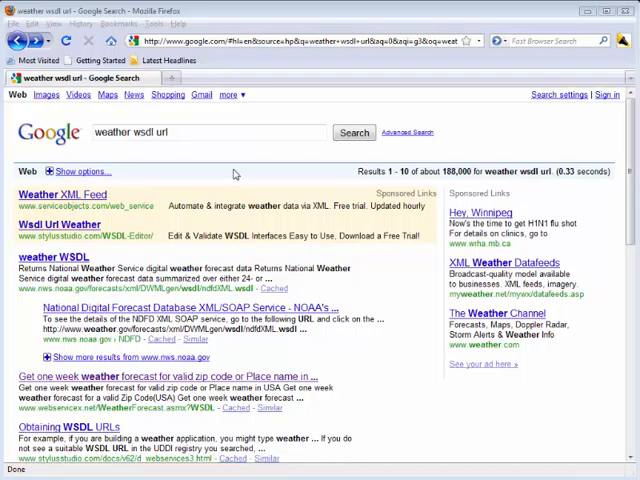So we know now that the very first thing that we need to do in order to use a web service is to get the WSDL file for the web service. Now I want to put together an application that allows me to get weather information based on the zip code,